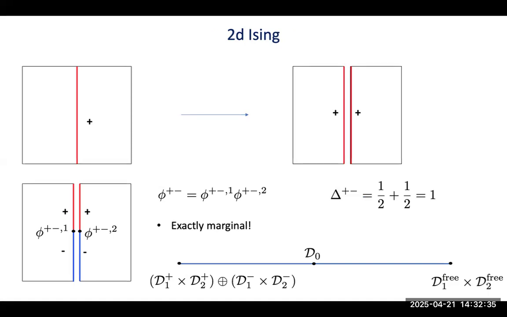For Kondo we haven't tried, but people have in general for these boundary condition changing operators. I think people have done at least some work in 2D, but not using this 4-point function bootstrap, not using correlators, but using